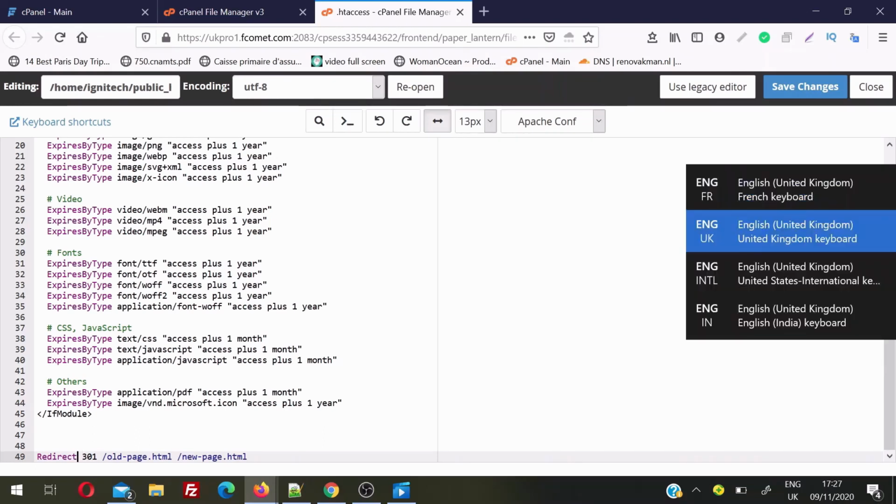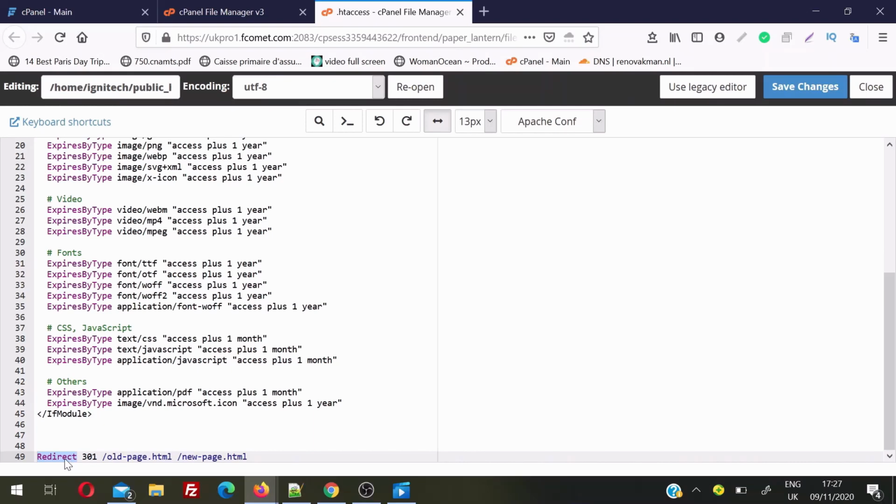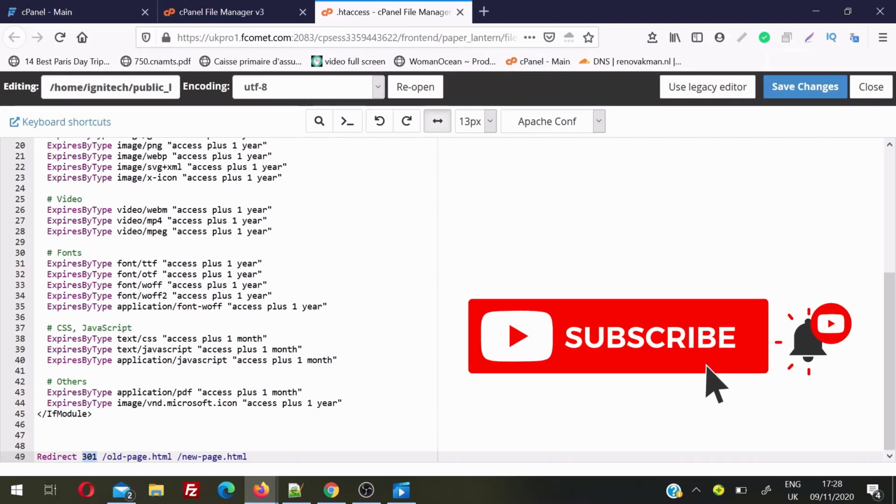We are writing Redirect. So we are telling search engines that we are defining a redirect here. And this redirect will be a 301 redirect. There are different kinds of redirects, but most of you will be using this one, and I don't want to make this video complicated. Maybe in another video I can cover all the other kinds of redirects also. And then you need to